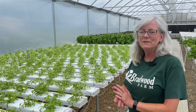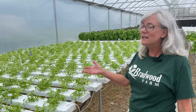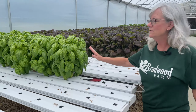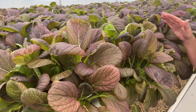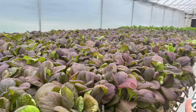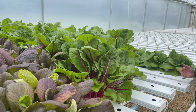So I thought I'd show you what I have growing in the greenhouse right now. Over here is Shnuku, which is a chrysanthemum green and smells and tastes like carrots, does really well. Down here I got some basil that needs to be picked. It's getting a little overdone. I'm going to do some pesto with that, so that's just for us. This is Rosie, which is like a Carlton. It's an Asian green, but it's red, so it's a red green, and that's going the following week to my CSA program. Got a little Swiss chard growing here,